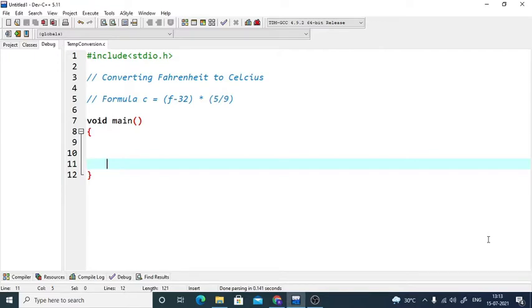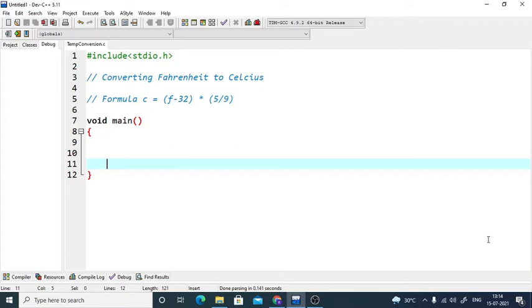So I'm now continuing with my playlist on C programming. As we've already done the basics and started with small programs, I would rather give you multiple programs on the very basic computation level so that you'll be able to practice. So in this video, we'll be looking at converting Fahrenheit to Celsius, so temperature conversion.